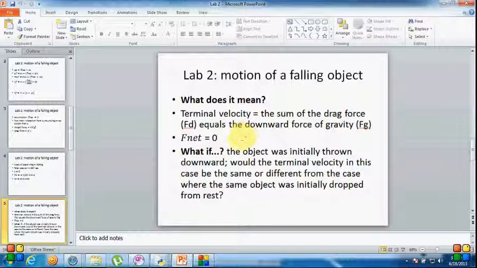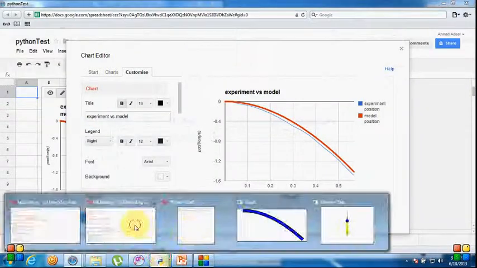What does terminal velocity mean? Terminal velocity is reached when the drag force equals the downward force of gravity. Here we see that F net is equal to 0 and we have a constant velocity. In VPython,